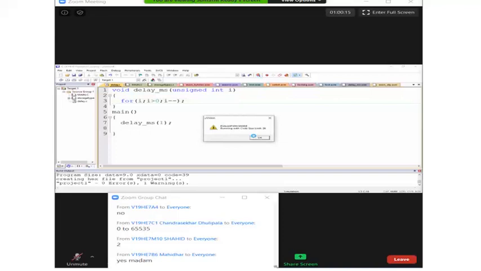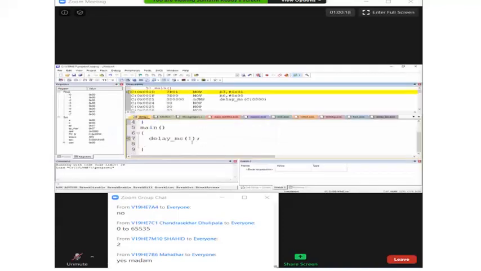See, here you can observe, for executing startup code itself, it took some time. How much time? 389 machine cycles. And after 389 machine cycles, our main program started executing.